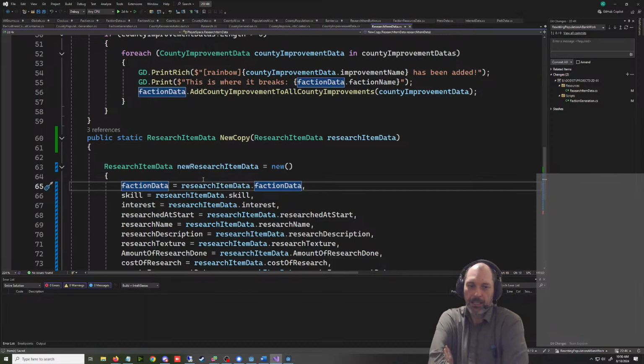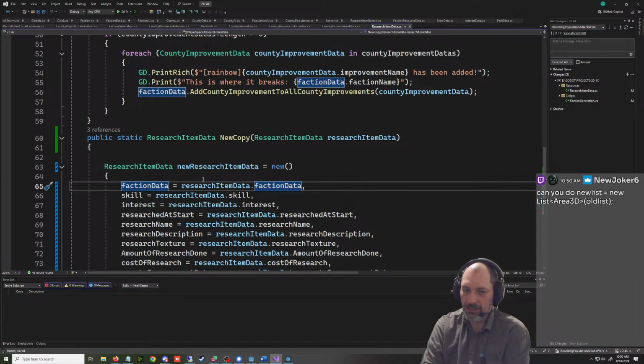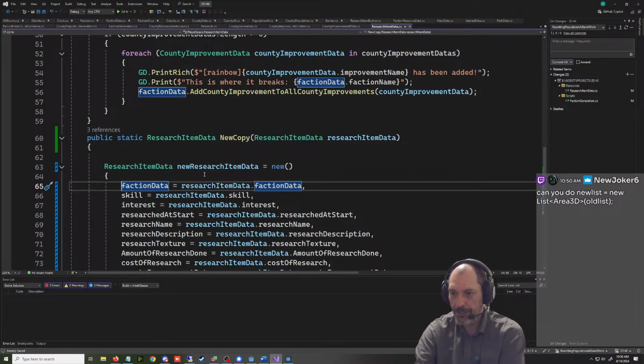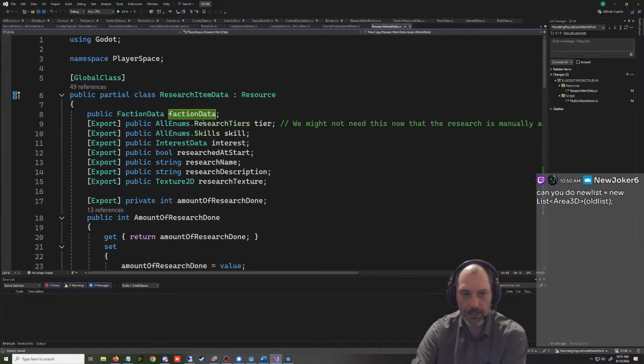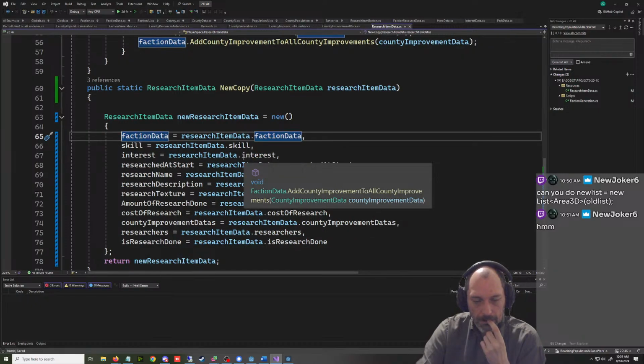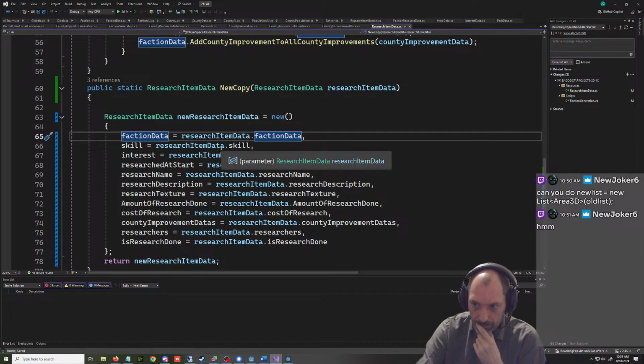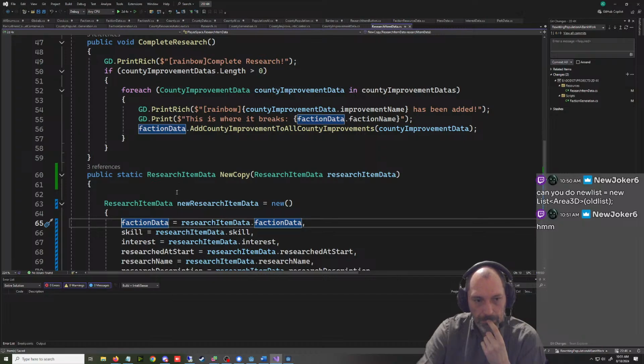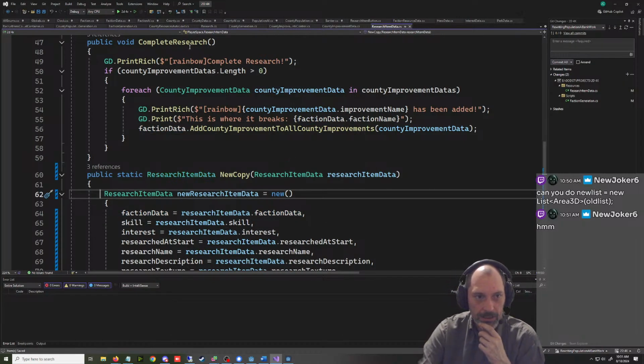Yeah, I was thinking about that in general, of someday this is supposed to be multiplayer. Yeah, this isn't a list though. It's just a resource with a bunch of stuff in it. I mean, I guess we could do that to the list in here. So basically, the breakdown of what happens is when it's in a different spot now with this new